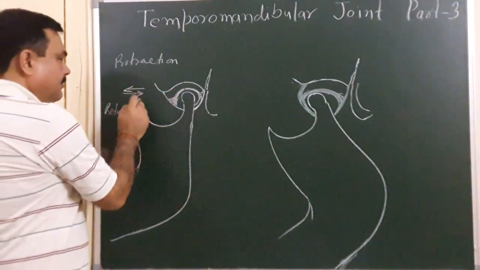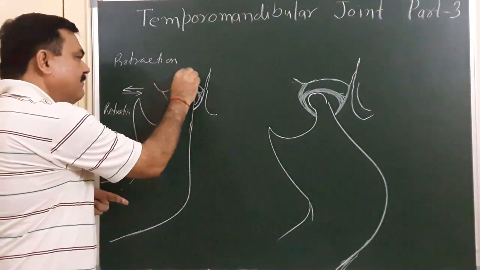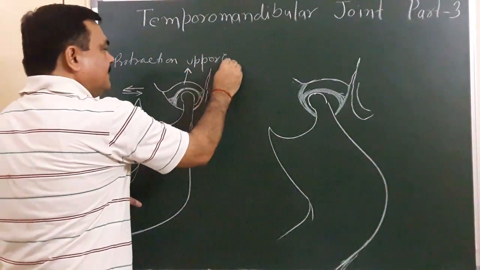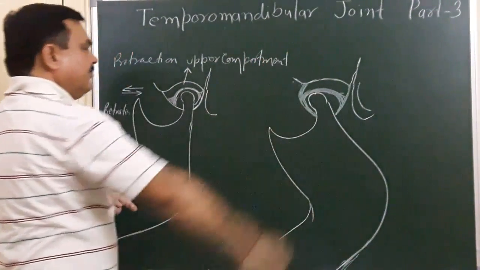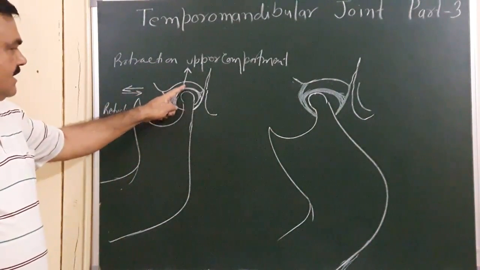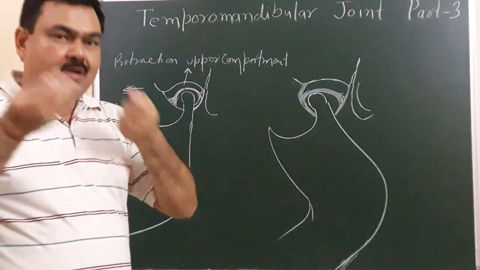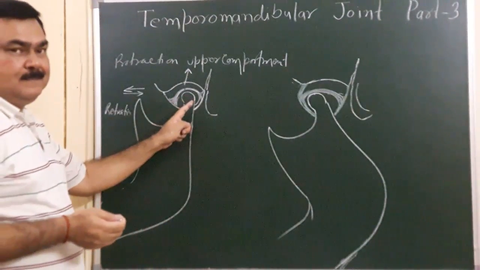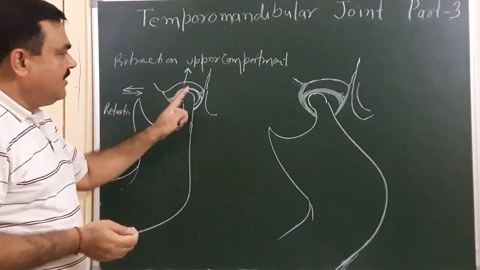So this protraction and retraction movement takes place in the upper compartment. This is the upper compartment. Here this movement takes place. Protraction, forward movement like this, and retraction, retracted mandible, protruded mandible, retract, goes backward. So this movement, protraction and retraction,